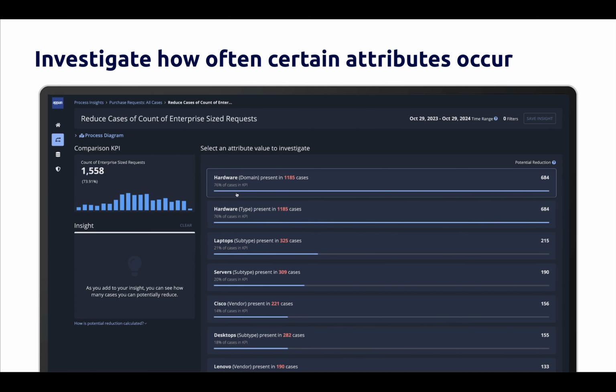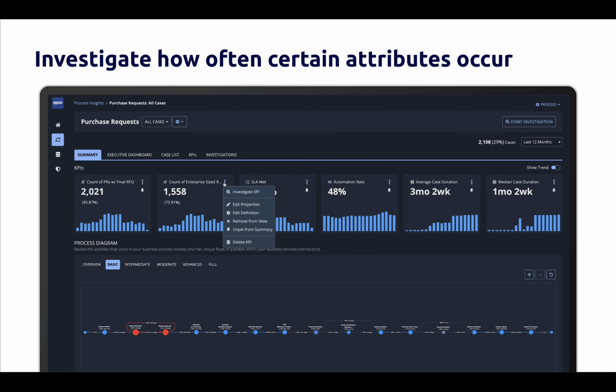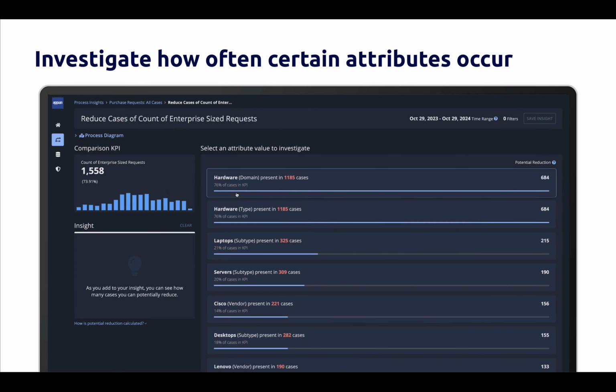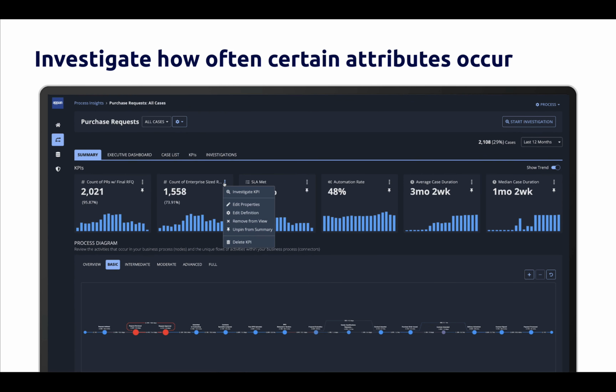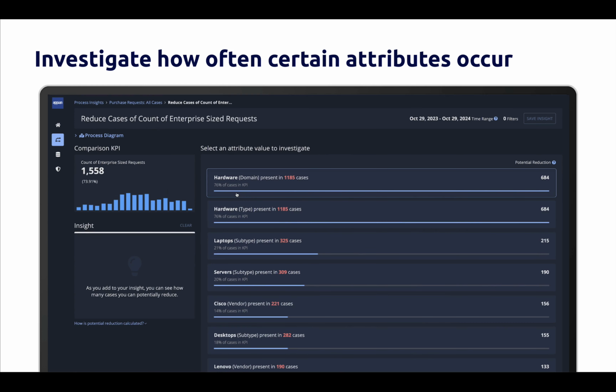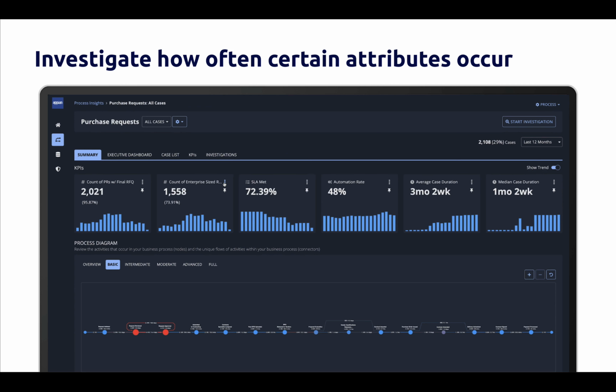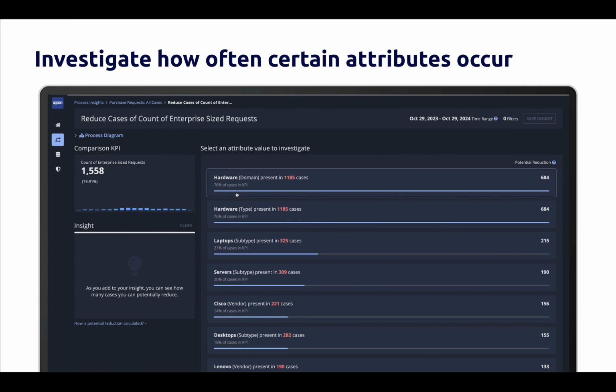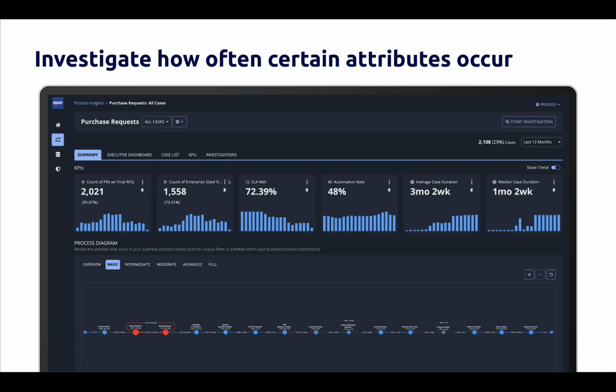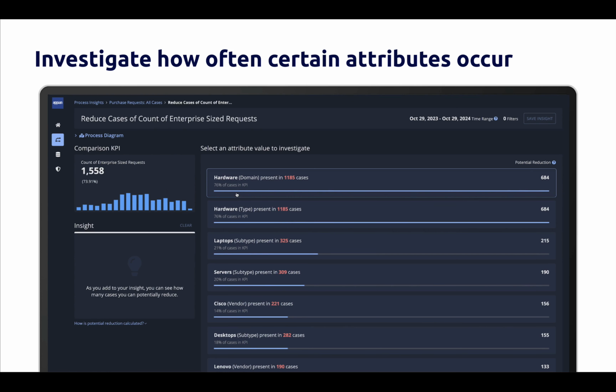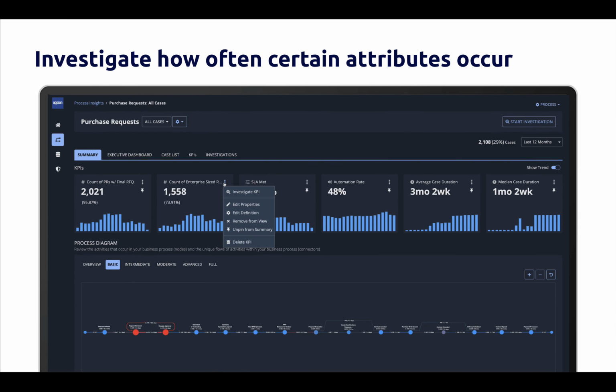While focusing on occurrences, you'll be able to drill down on additional characteristics the same way you would with long durations. Each step of the way, Process HQ will clearly report how many occurrences you can eliminate to see real improvement in your KPI. For example, an organization might have a workflow to manage critical incidents. Now, an analyst interested in reducing the occurrences of critical incidents can easily investigate this. They can dive into different characteristics about the process and determine the best way to make improvements. With this new way of looking at process data, you'll get a fresh perspective on how much better your process can be.